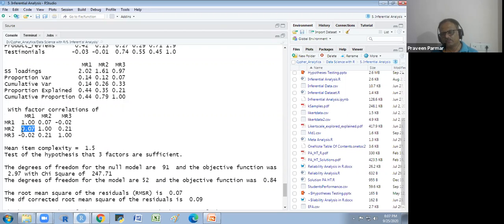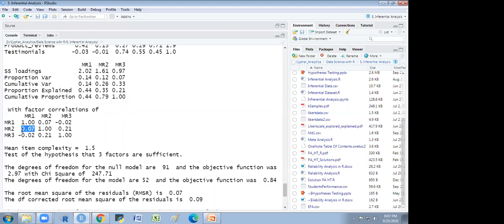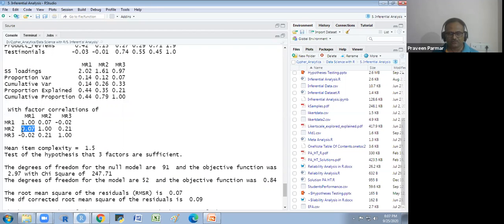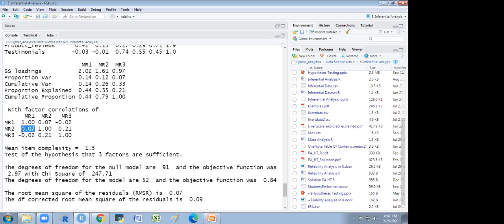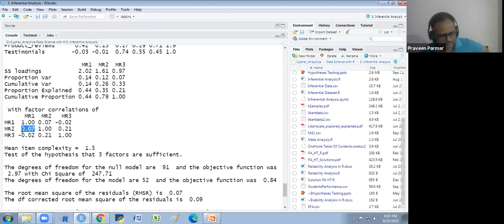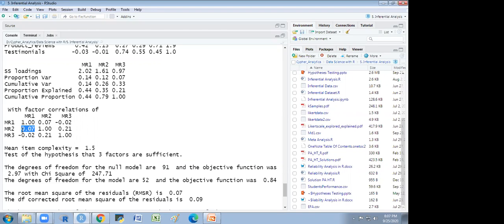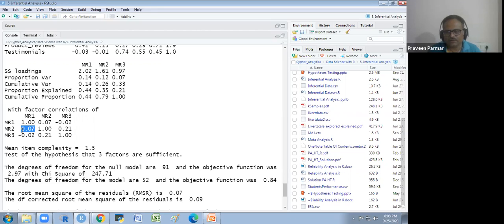In PCA we won't get any correlation. In PCA1 and PCA2 there is no correlation. But sir, to run PCA, we need to first run the correlation. If the correlation is low, then PCA can't be run. So that is also one of the drawbacks of PCA. The correlation has to be very high for PCA to run. That is very important. But after PCA, there is no correlation in the PCA components.